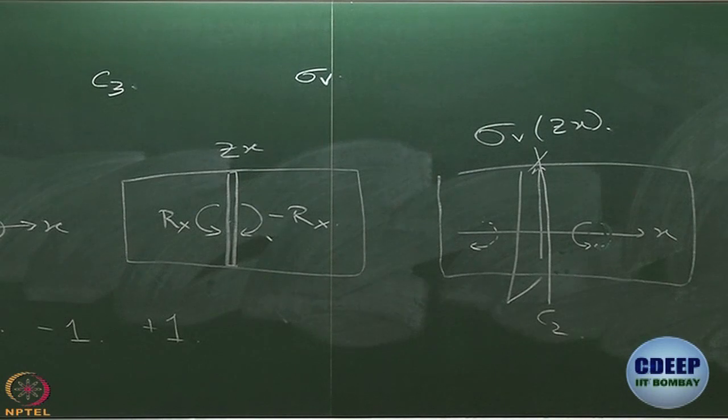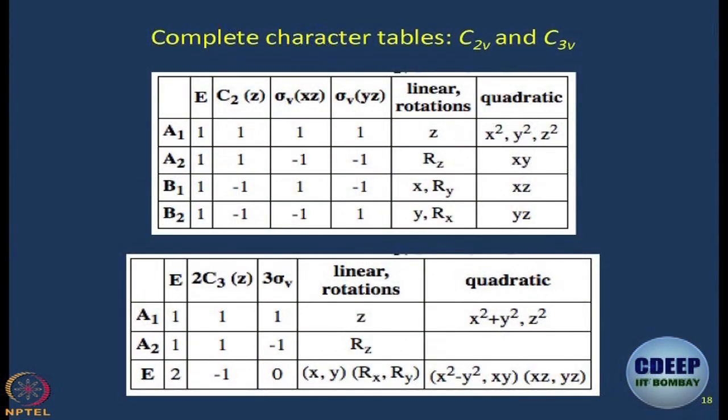Here in C3V the problem is Rx and Ry jointly form the basis of a two-dimensional representation. So, if you can work that out, then you have really understood and then you have really developed the vision that is required to understand symmetry. Okay. Give it a try, it will work out. In any case, for our purpose, your character table will be given to you, you will not be required to derive it.